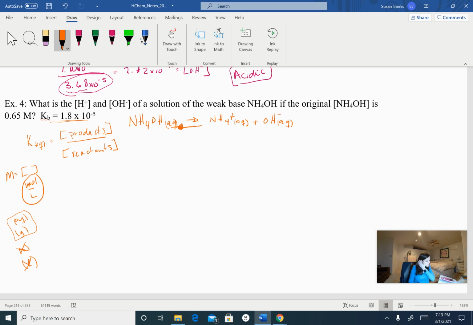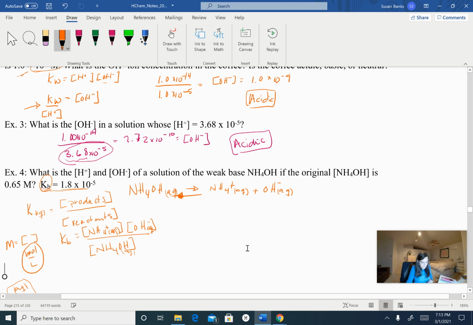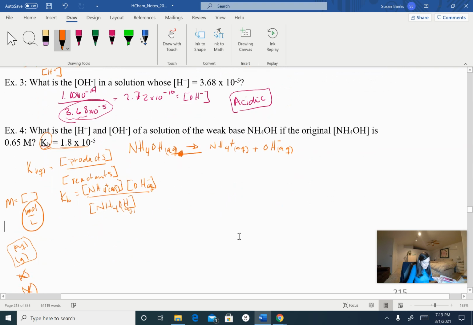So if we do the equilibrium constant, and I'm going to just say Kb because it is a base equilibrium, our products are the ammonium ion concentration and the hydroxide ion concentration. And our reactant is our ammonium hydroxide concentration, also aqueous. Now, you don't have to put the state in the brackets because it really is a mathematical concentration. Okay, so